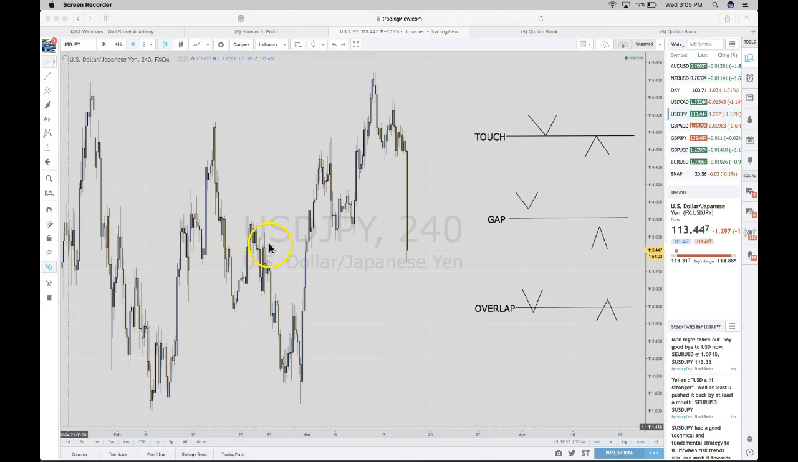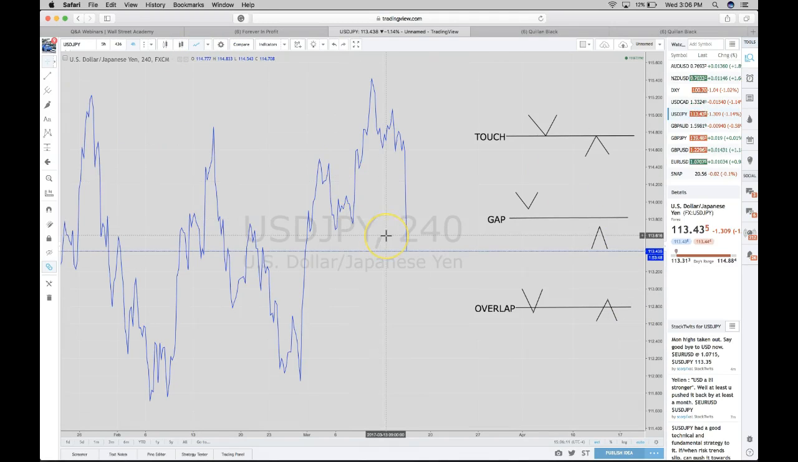Okay, so I have three situations right here: the touch, which is when it does this right here; the gap, which looks like this; and the overlap, which looks like this. All this is done on a line chart like this. Okay, and I'll be showing you guys a few examples and running through the entire chart. Okay, and we're only doing this based off of